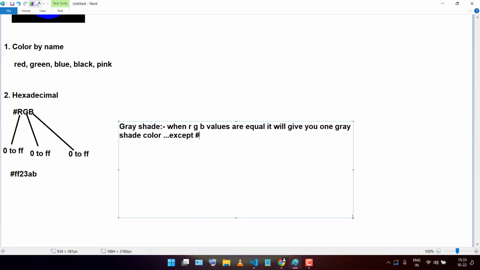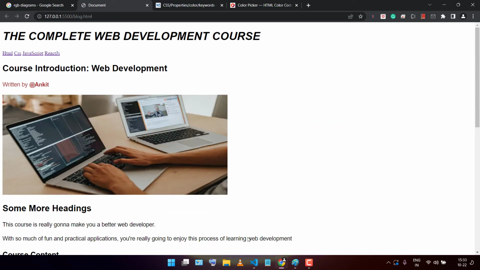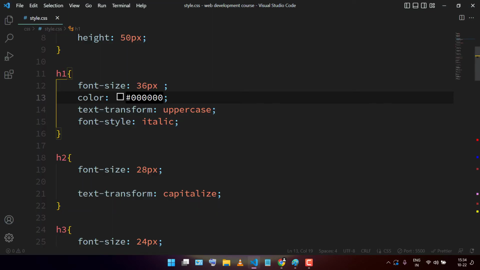Hash, let me just write 0 0 0 0. This is black, and hash f f f f f f will give you white color, right? So gray color, you can just take, let's say, this is known as gray